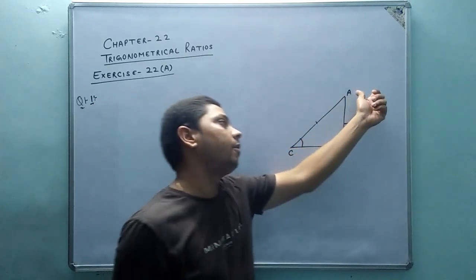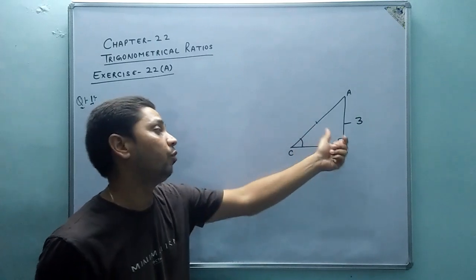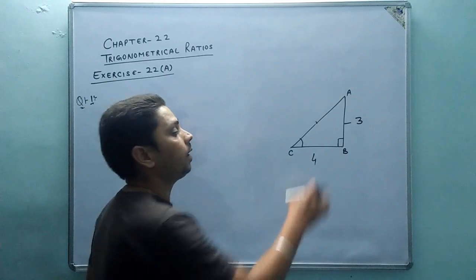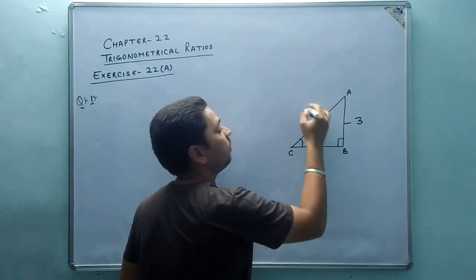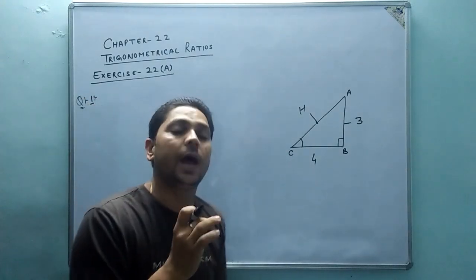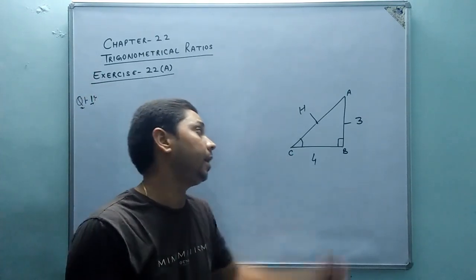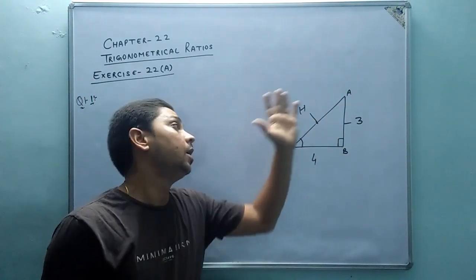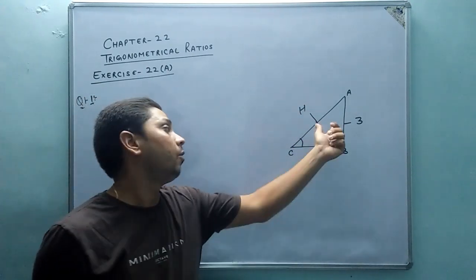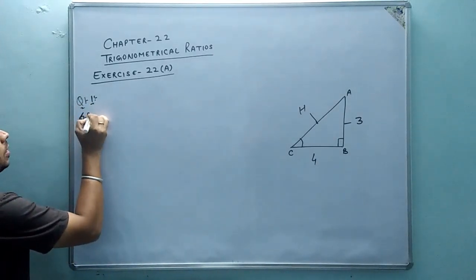What is given? We have a right angle triangle ABC. So first thing that we have told you is to identify the right angle. So right angle is here at B, so the side opposite to it will be your longest side, that is hypotenuse. Then the second part, we have to find the base angle. Since we have to find all the trigonometrical identities based on this diagram, first we will consider the base angle C.